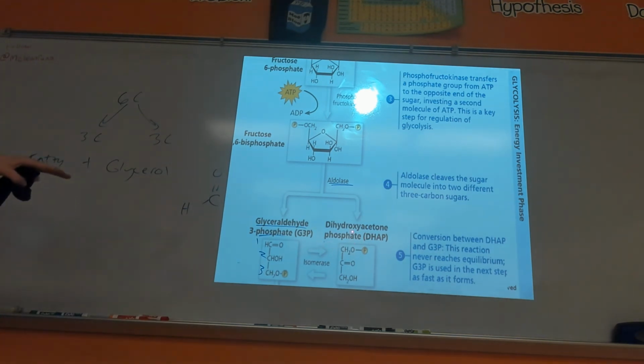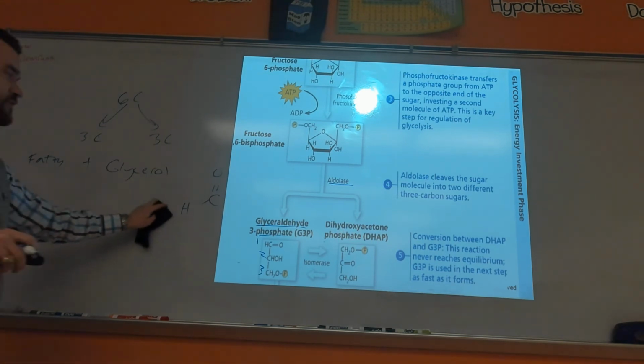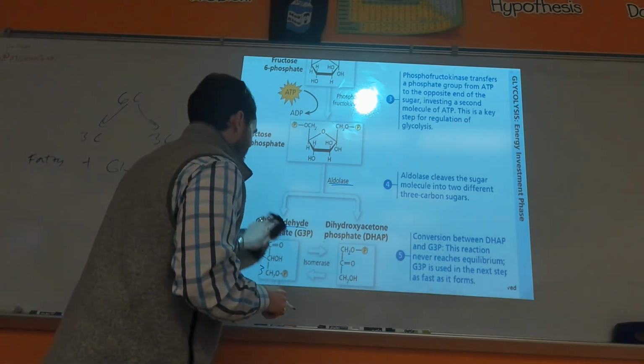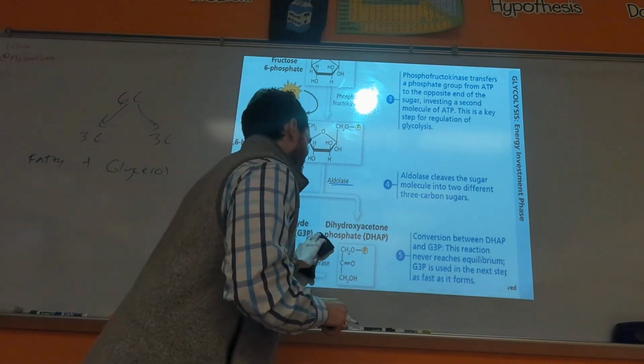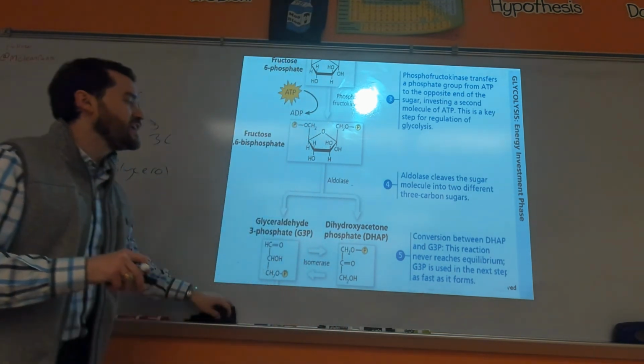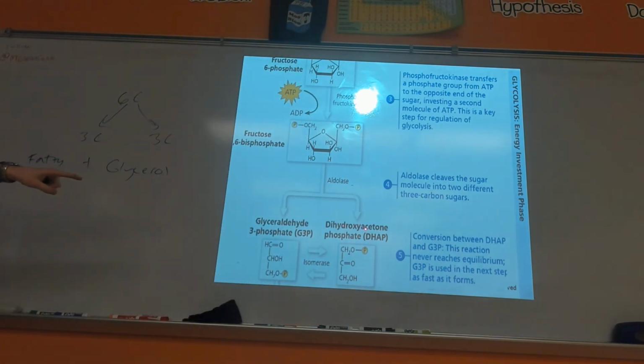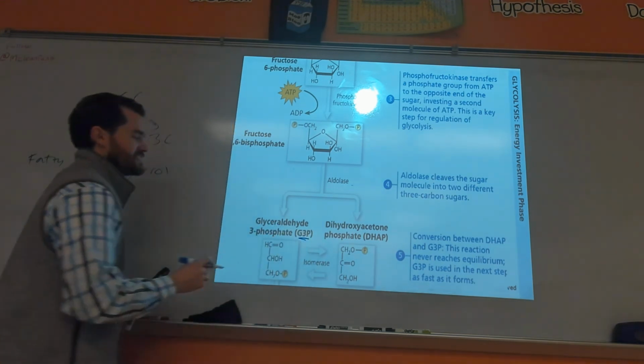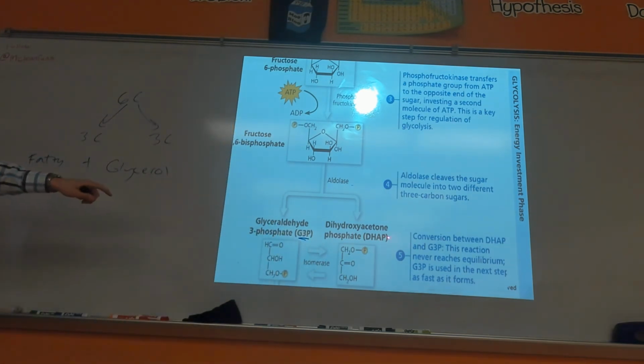And we also then make dihydroxyacetone phosphate, and that's just kind of an awful name, and there isn't really much to connect that to. But what is important is this dihydroxyacetone phosphate actually gets converted to glyceraldehyde 3-phosphate, which they call G3P because that's a lot easier to say. So DHAP turns into G3P, and this is technically a reaction that can go back and forth, but